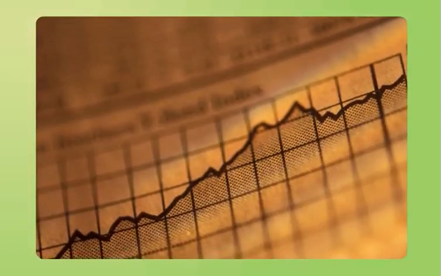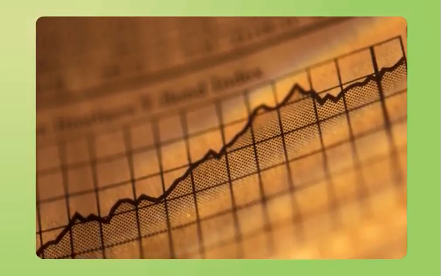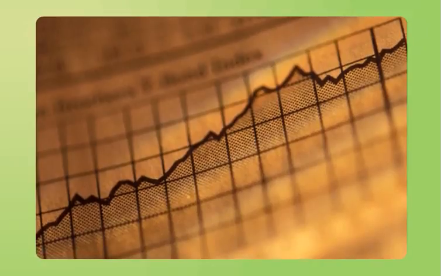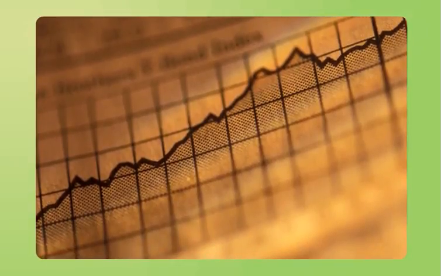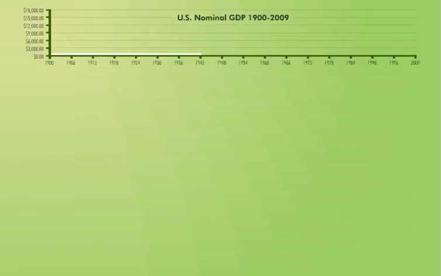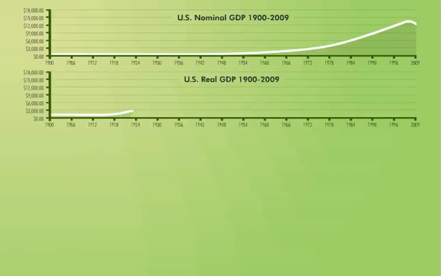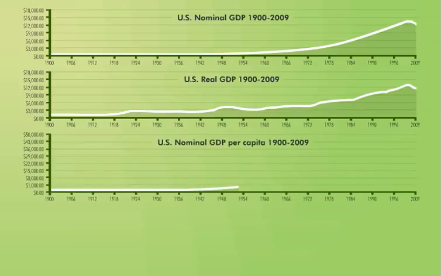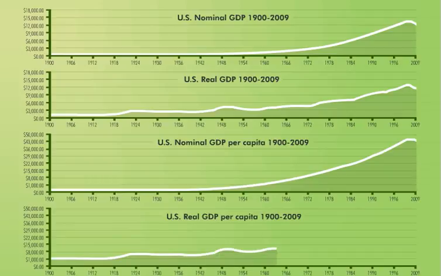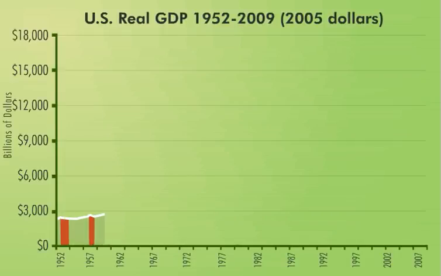Measuring the real gross domestic product over time gives us an idea of the health of the economy. There are several ways to do this. We can look at nominal GDP. We can take out the effects of inflation and look at real GDP. We can divide real GDP by the population to get real GDP per capita. We can look at the growth rate in real GDP. Each method tells us different things, but the growth rate in real or per capita real GDP probably tells us the most about our nation's health.